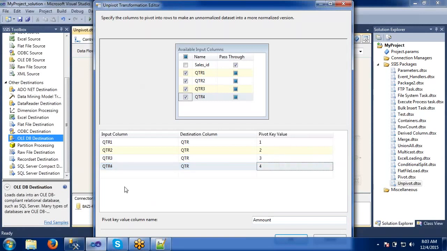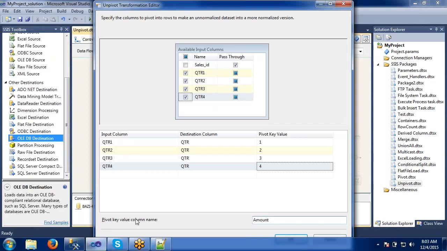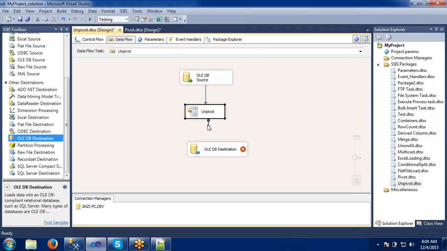Okay. This is the pivot key column name, amount, right? So where should my value be passed into? The amount column is there, where for this quarter the value should come as 5,000, right? For that sake, I am giving the pivot key column name. Okay. Simply say okay here and pass it to the destination.